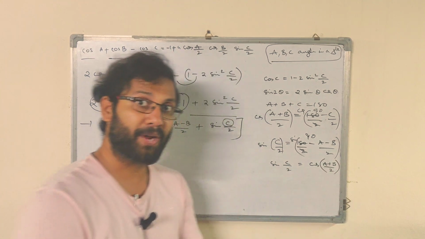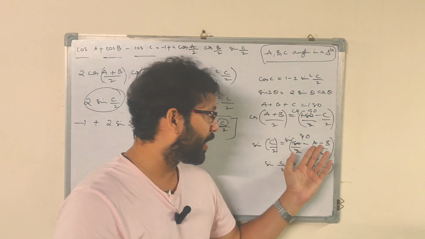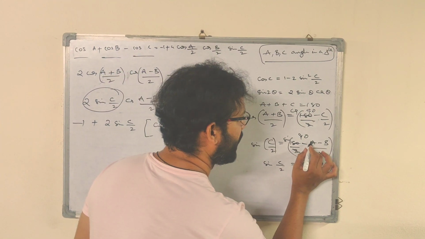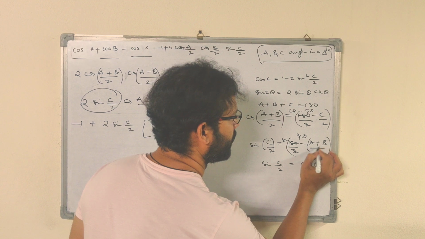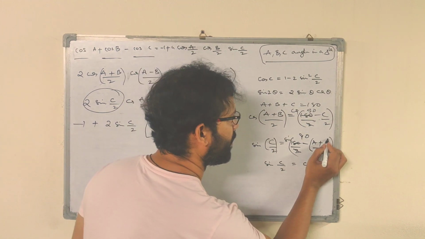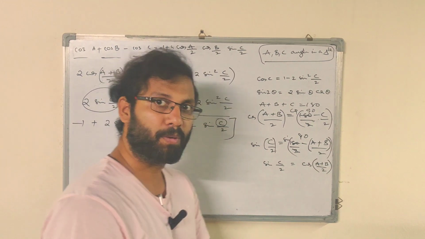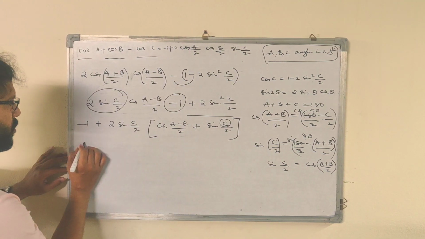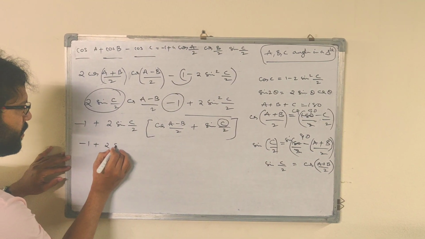Now you must be surprised. Sir is writing minus here, and now here is plus. I have taken this minus sign common here, and I can make this term plus. Any problem here? You should not be having any problem till here. Now in my next step, I should be writing here